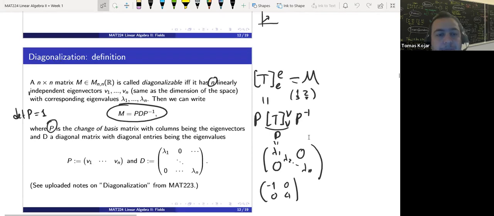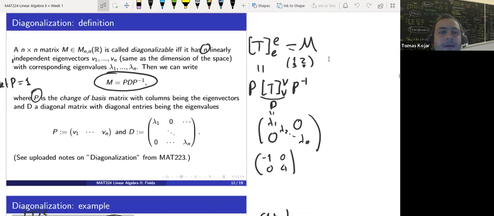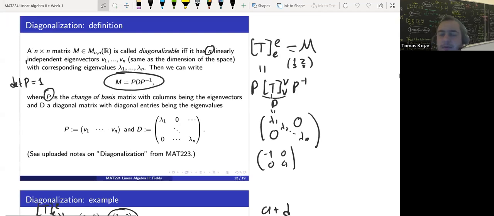So last time we just did a review. Let's continue and finish the review and then start on complex numbers. A matrix is diagonalizable if once you find its eigenvectors, there will be n of them. So they have to match the dimension, and they have to be linearly independent.